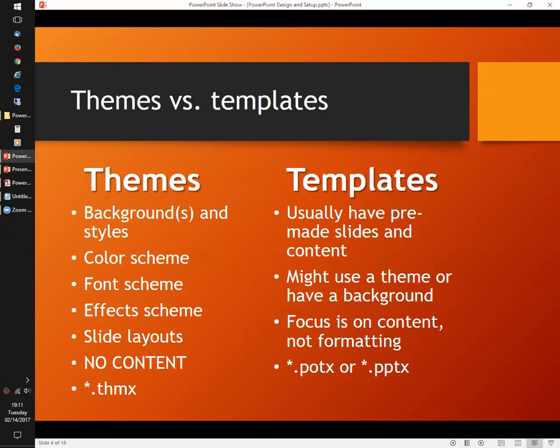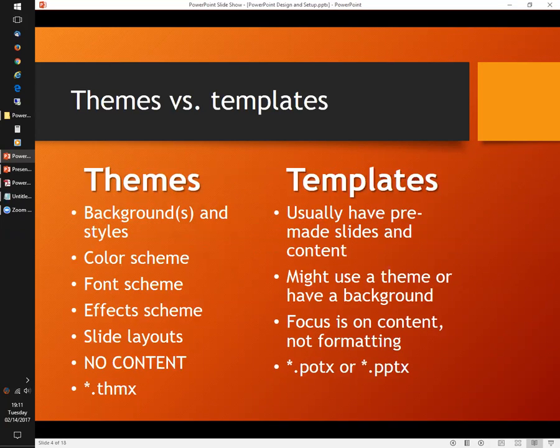Okay, so a theme, what does it contain? A design theme has the following elements, and this is what we see on the left-hand side of the slide. A design theme is a file that contains the following definitions, and it has basically backgrounds and styles. It has a color scheme, a set of colors to use, a font scheme, which is basically a set of fonts to use in the document, an effects scheme for any graphics that you would have in the document or whatever you're creating. If it's a PowerPoint that you're using the theme in, it will also contain some slide layouts.